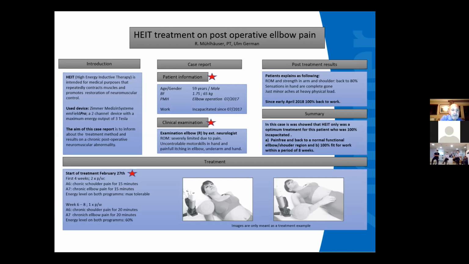From week 6 to 8, he only came in once a week, and it was 20 minutes to the elbow and 20 minutes to the shoulder again. But now the energy levels were decreased to 60%. Upon re-exam after the 8 weeks, range of motion and strength was back to 80% of its normal. The paresthesia in the hand was gone, just minor physical ache with reloading of the muscles, lifting and bending. And he went back to work